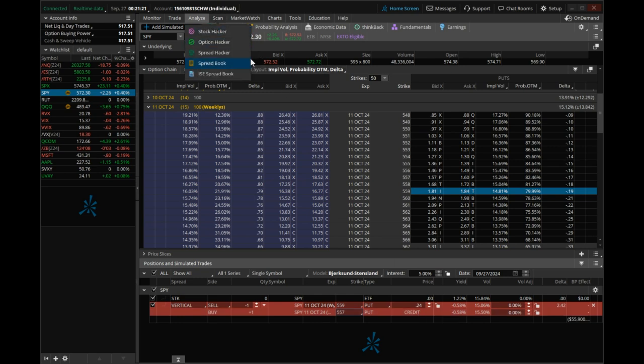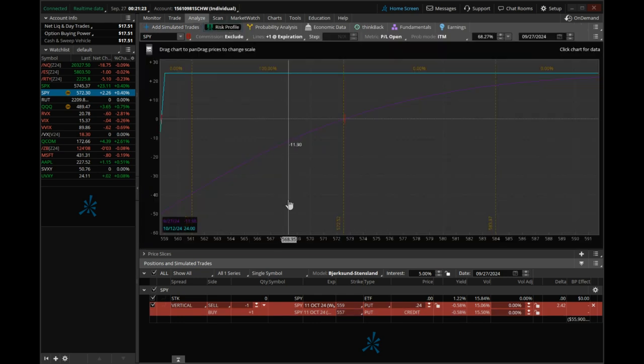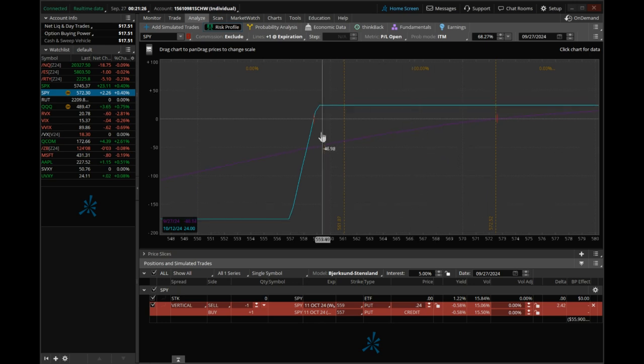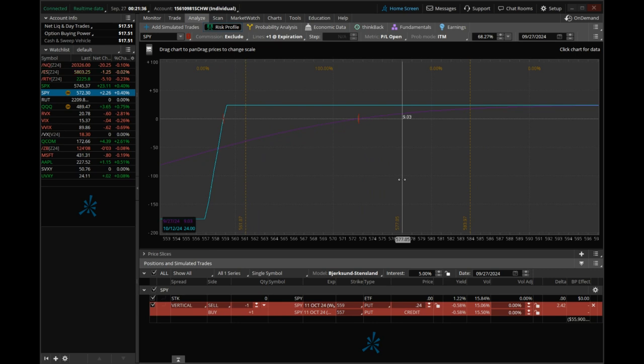Let's look at that in a risk profile. We can make $24 and our risk is 176 bucks. But the chance of it actually being in trouble on this trade is quite low. This is the basis of a put credit spread. Now, let's say you want to risk more than